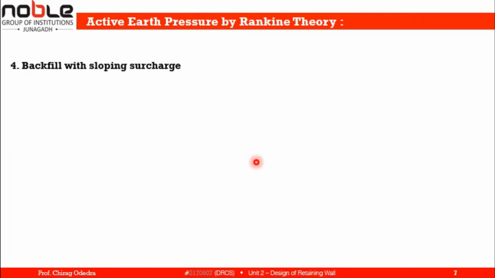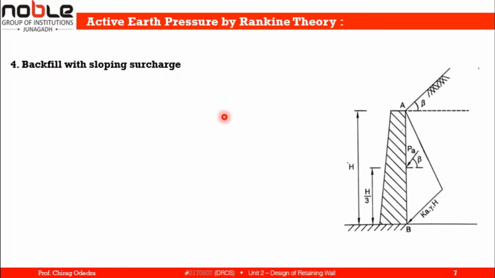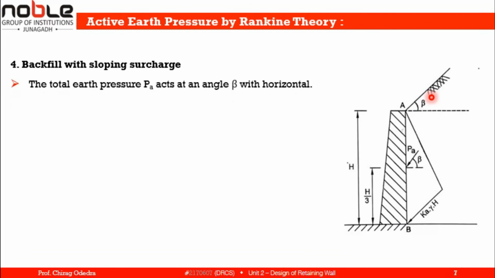Now the next case is a backfill with a sloping surcharge. As we can see in the figure, there is a horizontal backfill with an inclined surcharge having a surcharge angle beta with the horizontal. So there is no difference in the pressure equation. The pressure equation will be the same, that is Pa is equal to Ka into gamma into H plus K into Q,